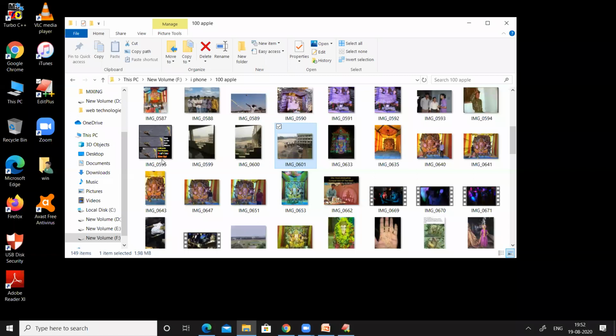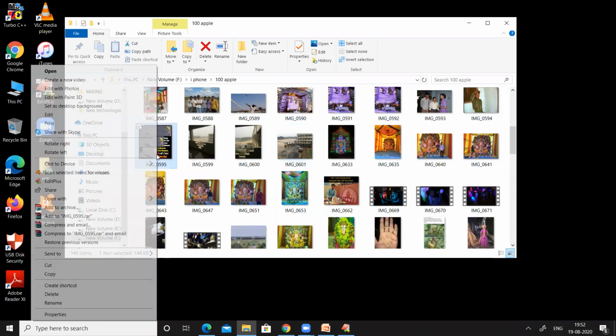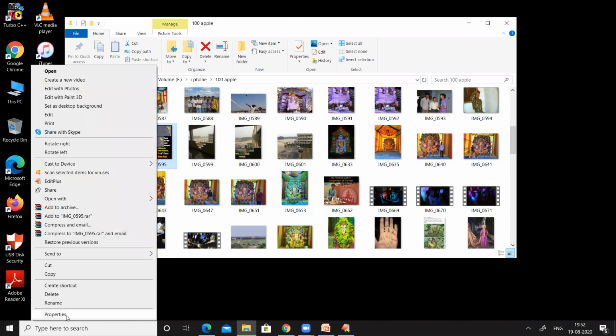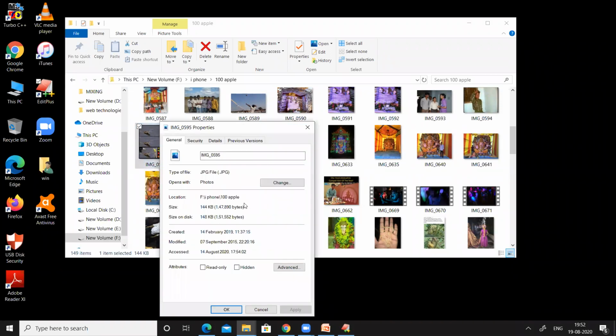Yeah, let us consider this particular image. The name of the image is img underscore 0595. So let us see the path of the image. So the path of the image is this one. So I'm just copying the path of the image.